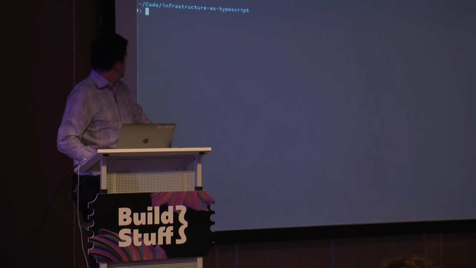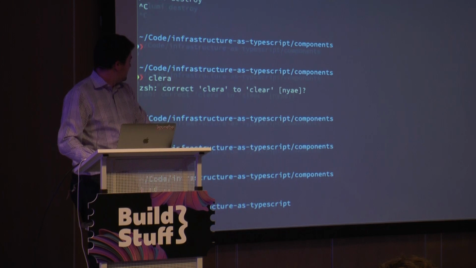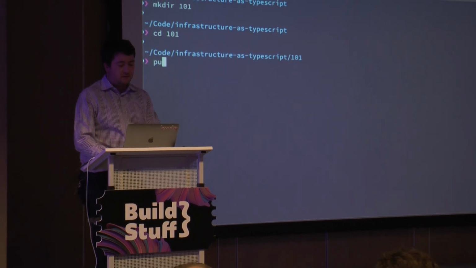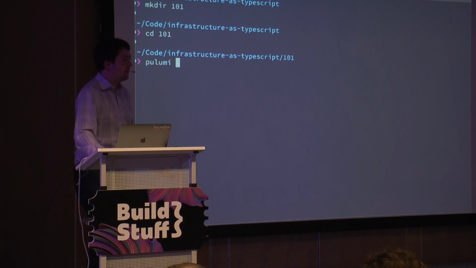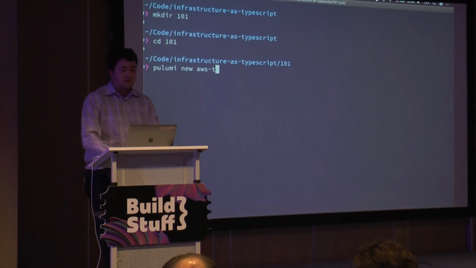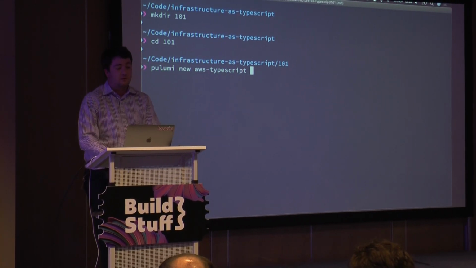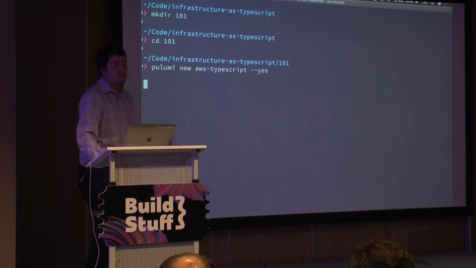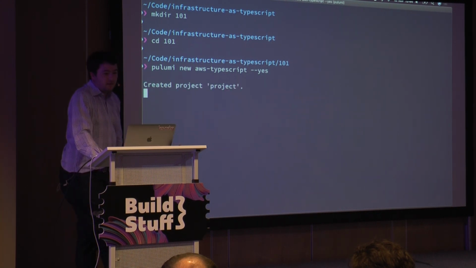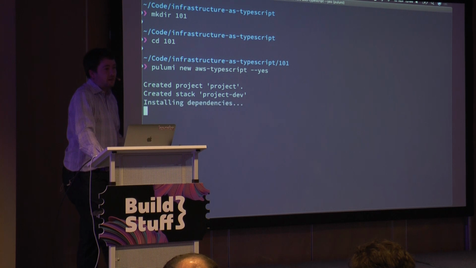Okay, can everybody see, do I need to make this bigger? Okay, so we'll make a new folder here and start a new project. So we'll do Pulumi, which is the name of the tool that does this, new, and then we'll give it a template name. So we'll use AWS in this case, and we'll use the TypeScript language. So running this, we'll go and create us a project and go and bootstrap some boilerplate code. Go and install the internet off NPM because it ultimately is still Node.